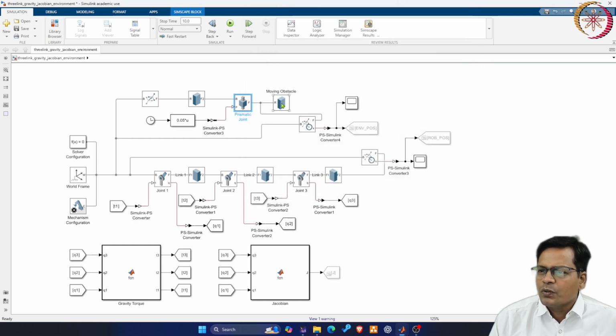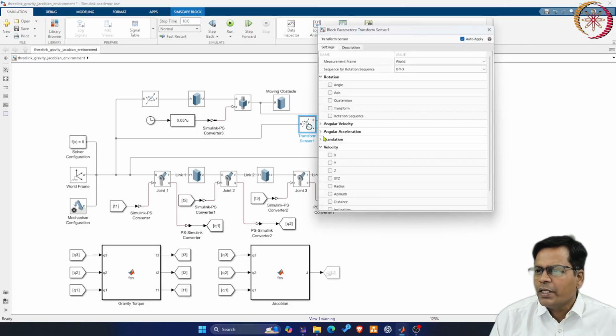So now the position of the wall is continuously monitored using a transform sensor. It is doing forward kinematics for this moving obstacle with respect to the base, giving my current location. The same frame I have connected as a follower, this is the base, and this will give me the displacement along the x axis.